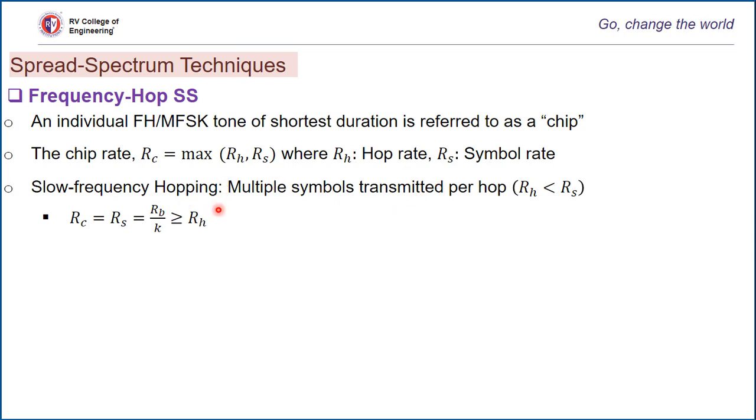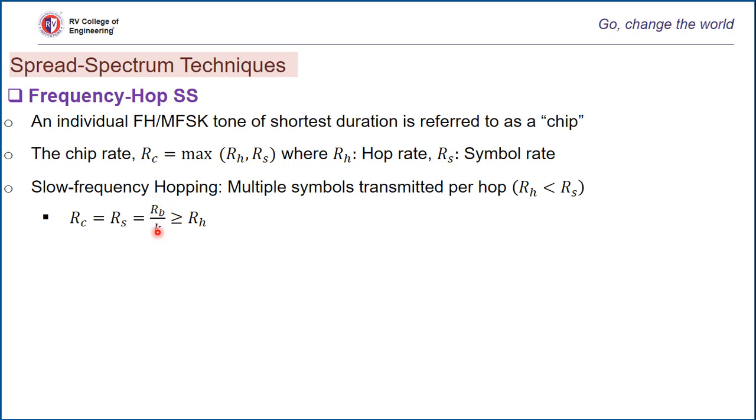Correspondingly, in a slow FH MFSK system, the bit rate RB of the incoming binary data, the symbol rate RS of the MFSK signal, the chip rate RC, and the hop rate RH are related by this expression, where RC is equal to RS, where RS is greater than RH, meaning multiple symbols are transmitted per hop, and we know that symbol rate can be expressed in terms of bit rate as